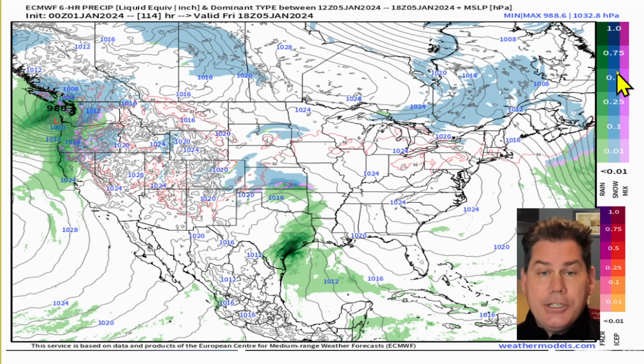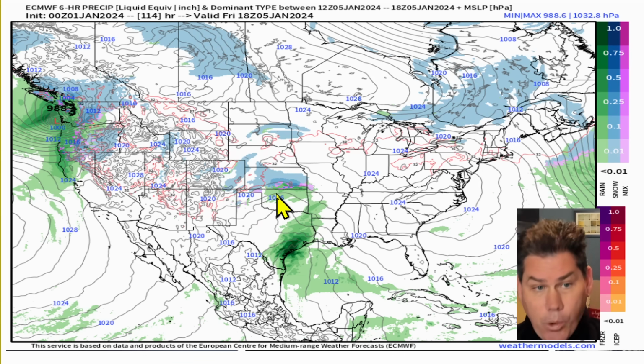That's a half inch, almost to an inch of rainfall within that 6-hour time slot on Friday afternoon. So that's some heavier rain further south into southeast Texas, into South Texas, into East Texas. But further north, we're talking about some snow going to be breaking out across the Texas panhandle, through portions of